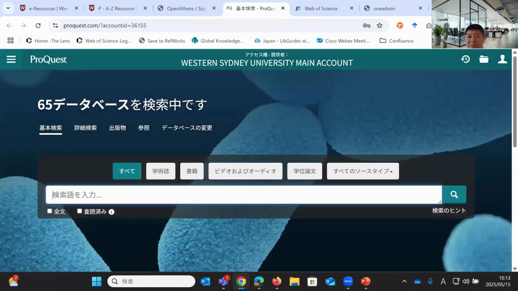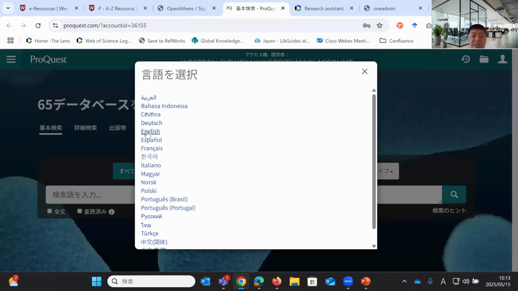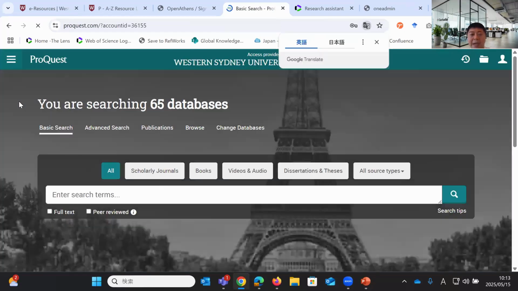And you see it in Japanese because my browser setting by default is Japanese. So the language you see here depends on your browser setting. So let me change it to English, of course. But you can change it to Chinese, simplified, traditional, Korean, Arabic. You can change the language of the interface if you are an international student. However, you cannot search with Japanese characters or Korean characters, Hangul, or Chinese characters, unfortunately. You need to do the search with alphabet terms.